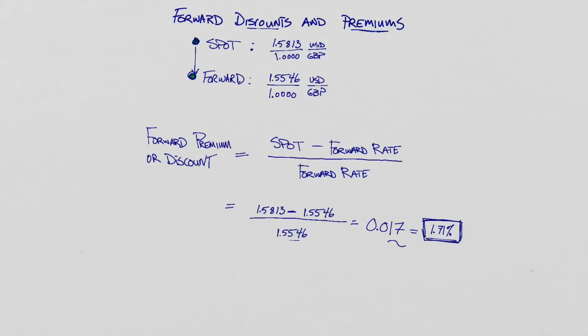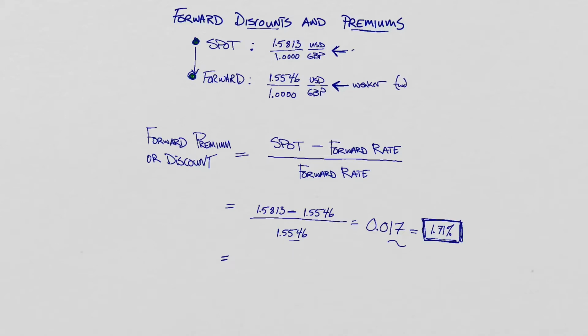And it really depends on what currency you're looking at. And so my advice in figuring out these problems is to think about what currency we're really talking about. Are we talking about the USD, or are we talking about the forward premium or discount on the British pound? And if we use logic to look at these two rates here and just notice that the British pound here is buying more USD and the British pound in the forward market is buying less USD, then I can see logically that this is a weaker currency in the forward market